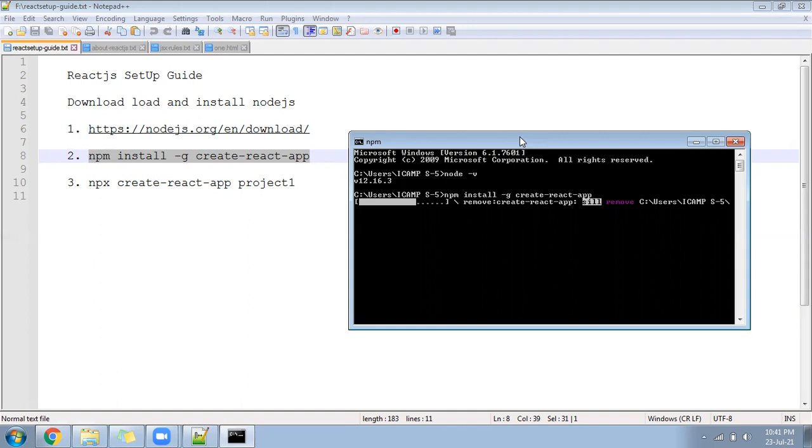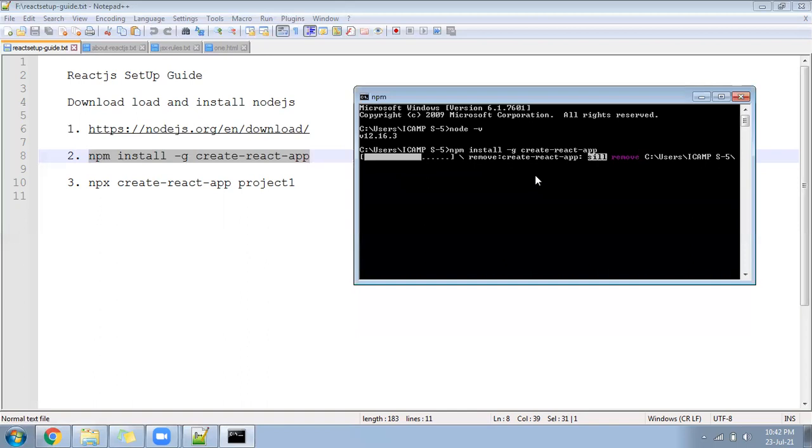Means we are not going to download manually. We ask, hey NPM, you take care and go and install this particular package. So where will it go? It will go to npmjs.org. We have a website npmjs.org. From there, it will take the entire environment and set up in your computer. After that, you will see React environment will get set up completely in your computer. So you can see setup is happening for me. So that is called your npm.